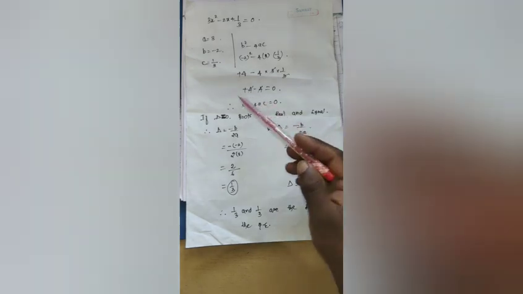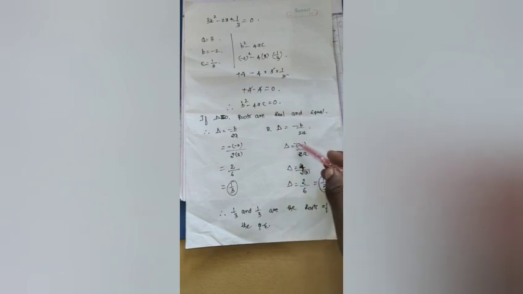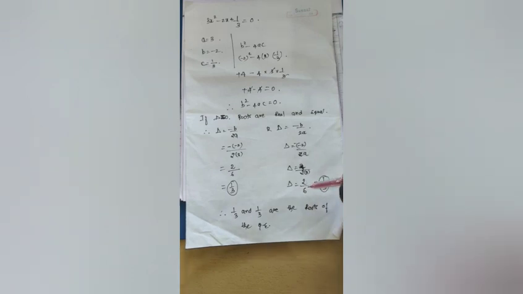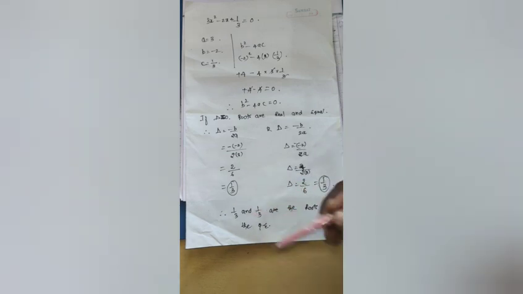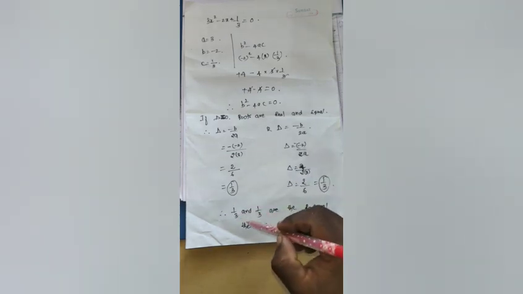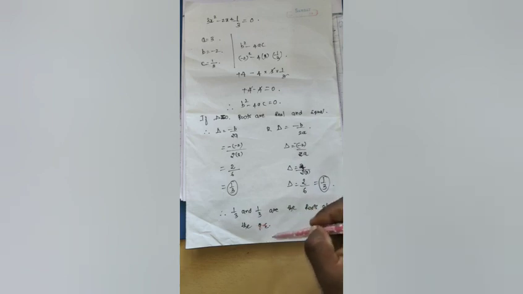So for the second root, we need to find the other root, that is minus b by 2a. This is the formula, minus, and the value of b is minus 2, by 2 into a, which is 3. So minus into minus is plus, 2 ones are 2, 2 threes are 6. By simplification, we get x equal to 1 by 3. So therefore the given two equal roots are 1 by 3 and 1 by 3, right? Hence 1 by 3 and 1 by 3 are the roots of the given quadratic equation.